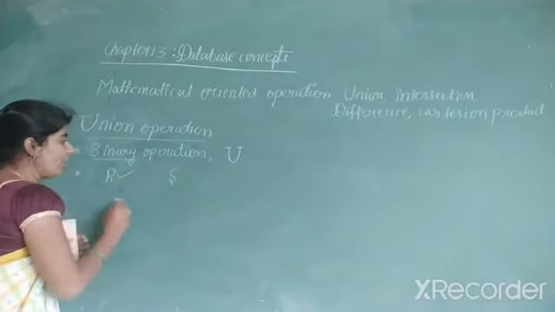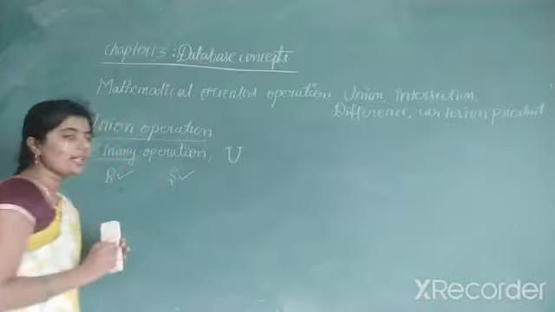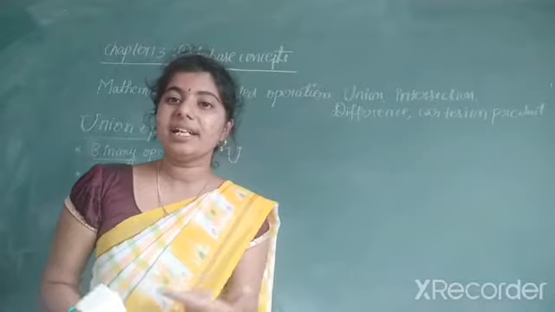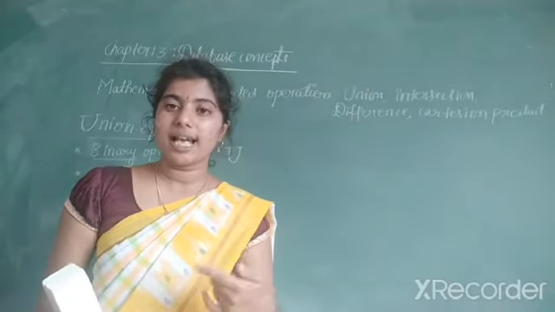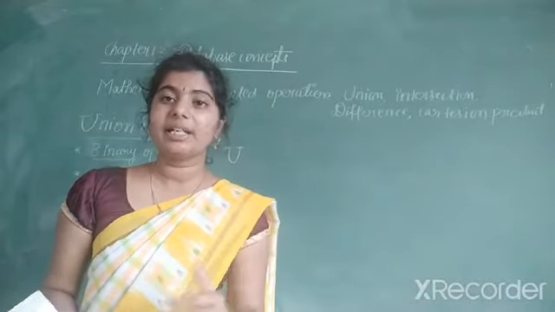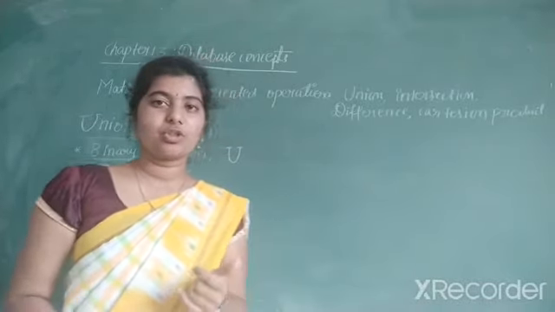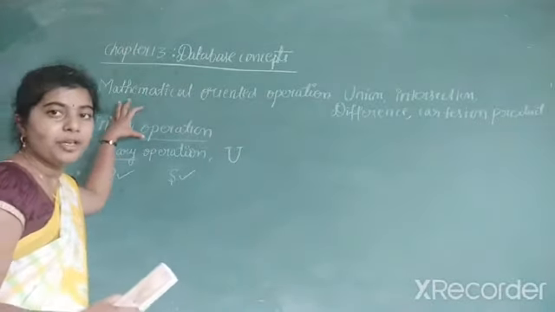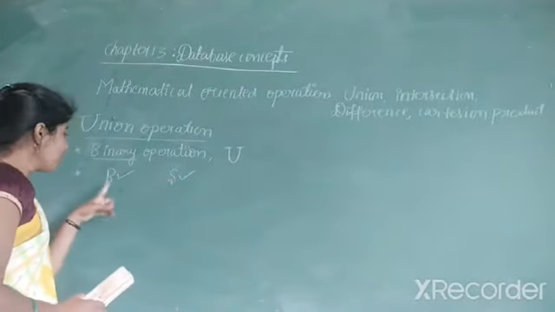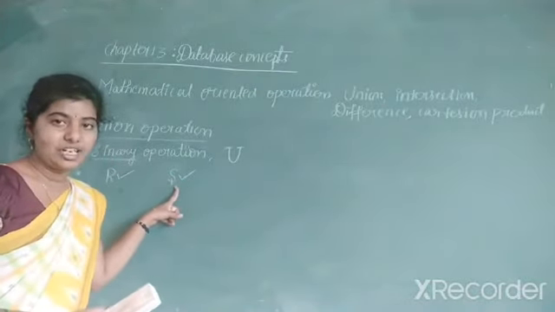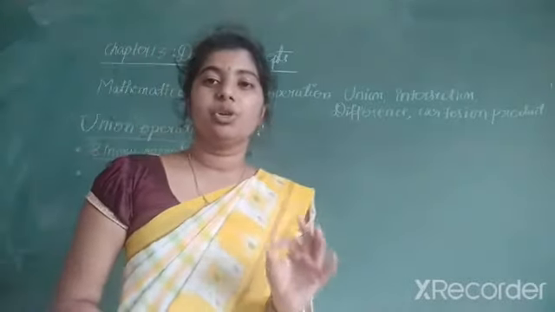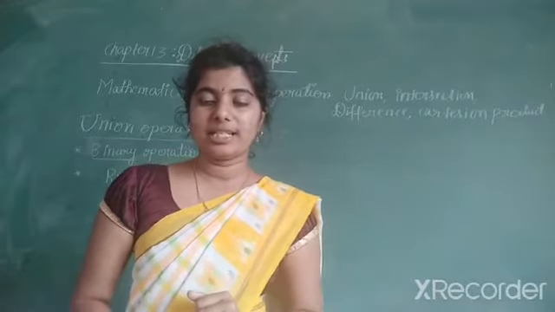present in the relation R and all the tuples which are present in the relation S without including the duplicate tuples. That means tuples that repeat, that come more than once, are not included. We say eliminating duplicate tuples. So what is the purpose of union operation? Union operation is used for combining all the tuples which are present in relation R and relation S by eliminating duplicate tuples.